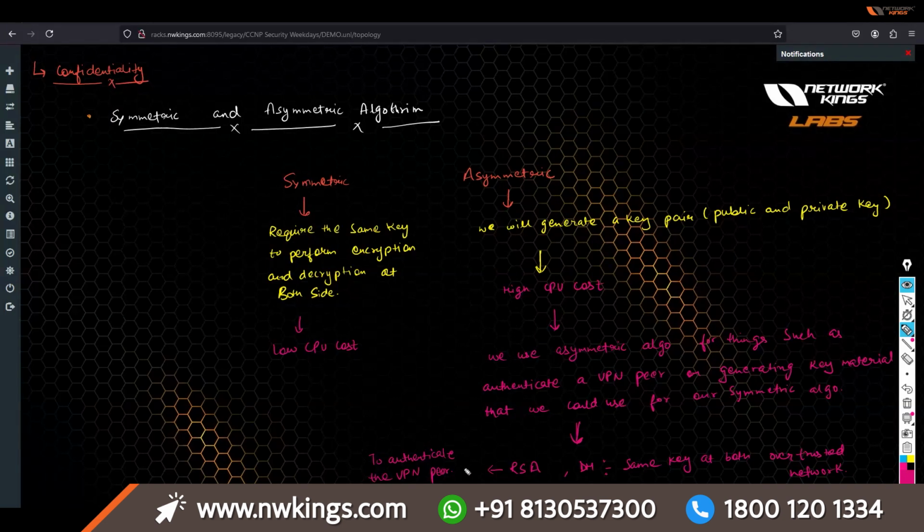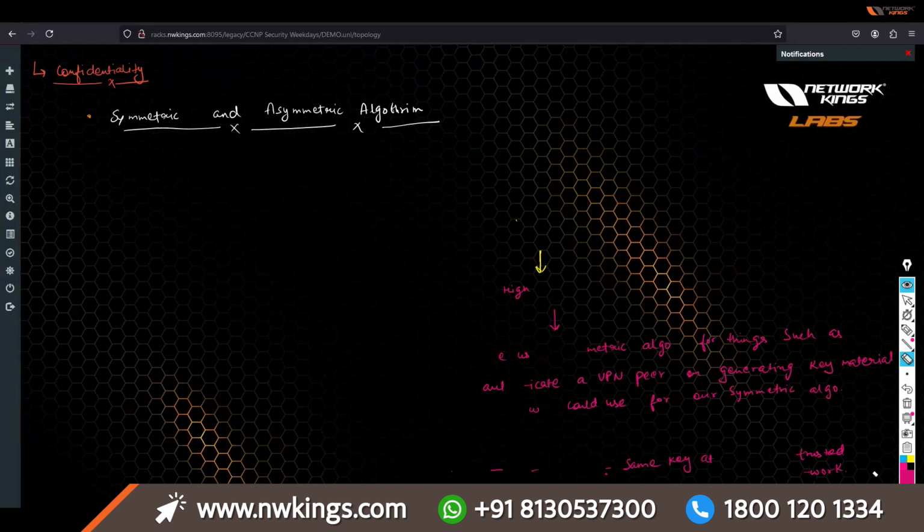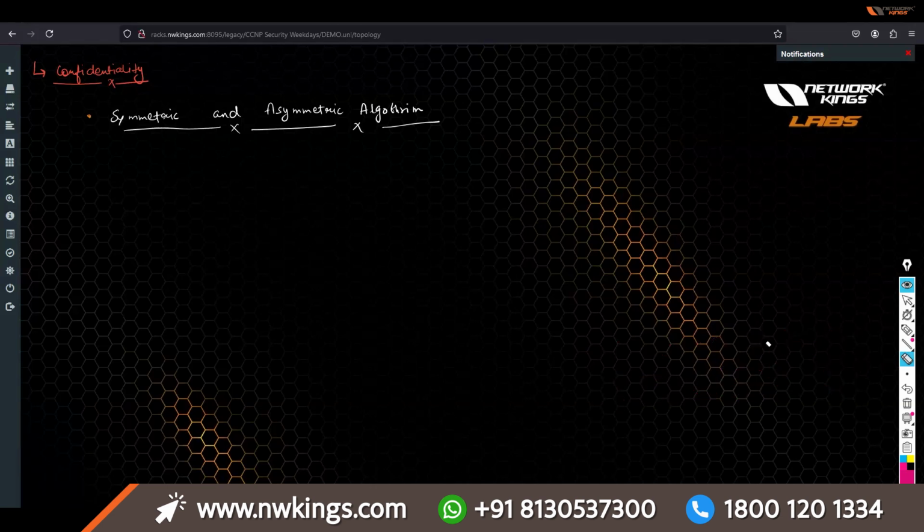So now let's talk about Diffie-Hellman, like how we will be creating the same key at both ends. These both are in asymmetric, right? Yes. Okay. So now let's talk about